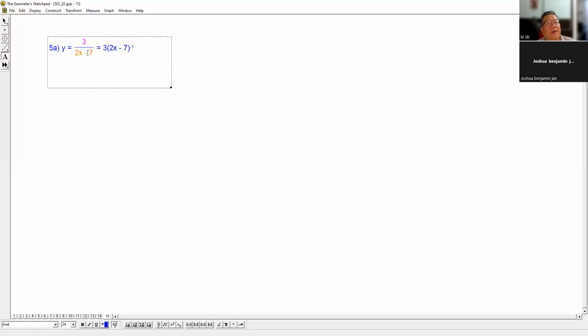So this one can be written in this form. At the bottom there, the power is negative. You remember? Now, if I look at it this way, it is no longer a product of two functions, nor is it a quotient of two functions. There is only one function. The number in front is 3. 3 is a number you can just keep, right? So